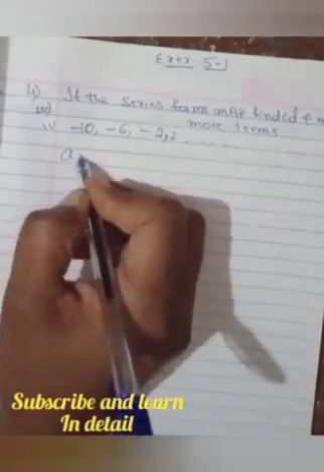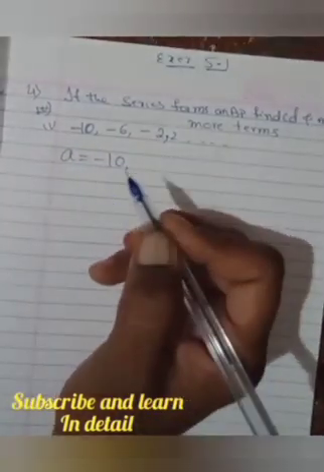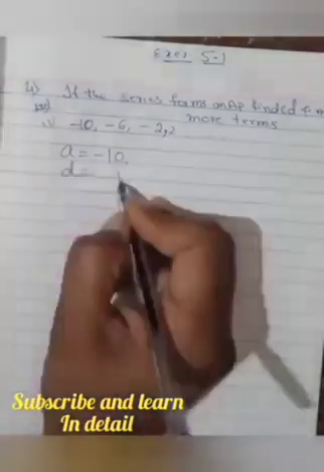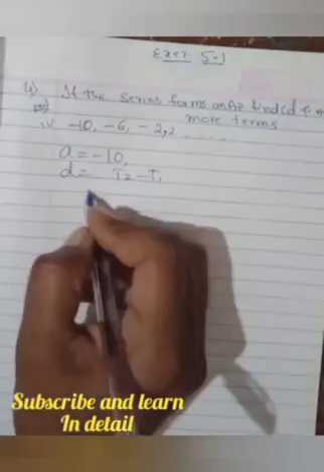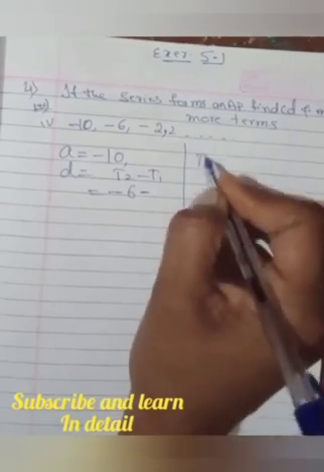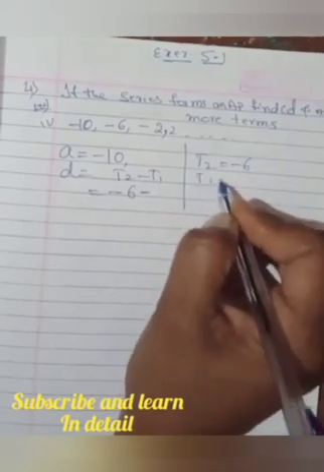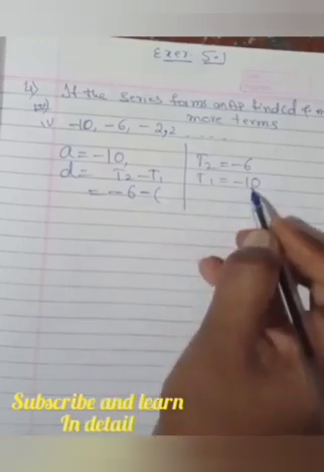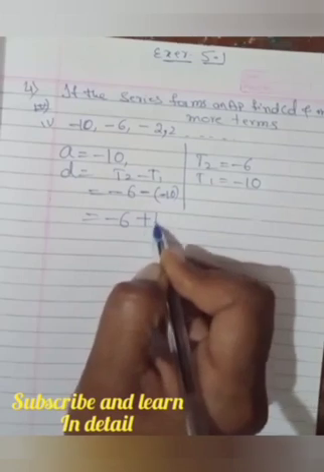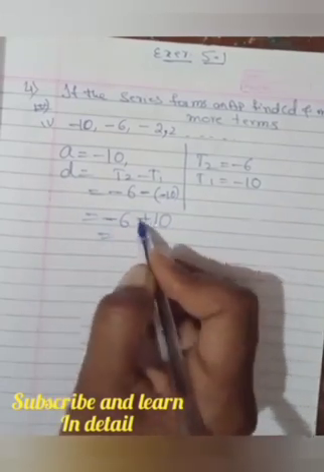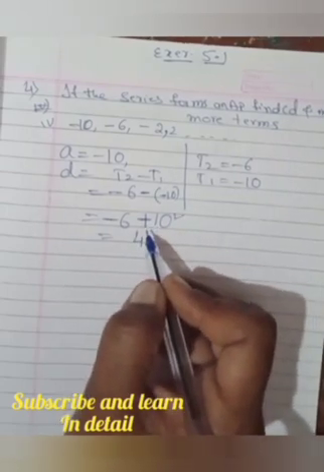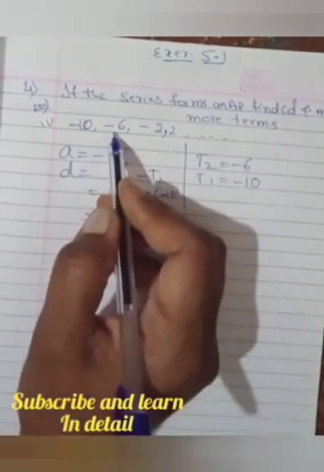You have the first term a is equal to minus 10. And how to find the common difference, that you know very well. So that common difference is what? Second term minus the first term. So the second term is minus 6 minus the first term, which is minus 10. So minus of minus 10. This is minus 6 as it is, minus plus 10. This is very simple. One is negative, one is positive. Subtraction, 10 minus 6 gives you 4. Bigger number is having the plus sign. So you are getting here plus 4, the difference between these two.